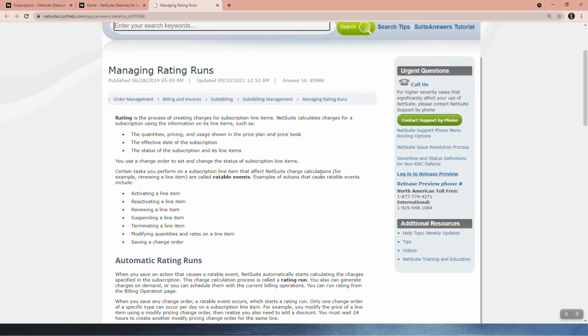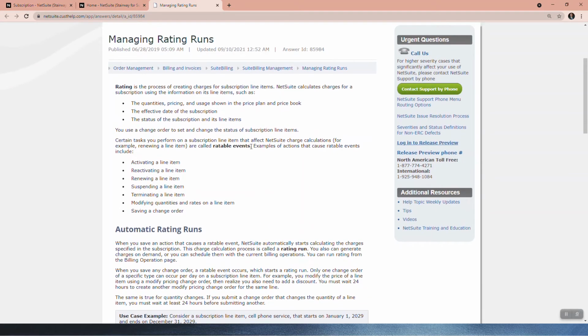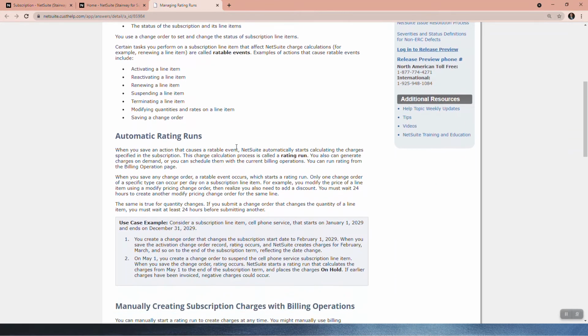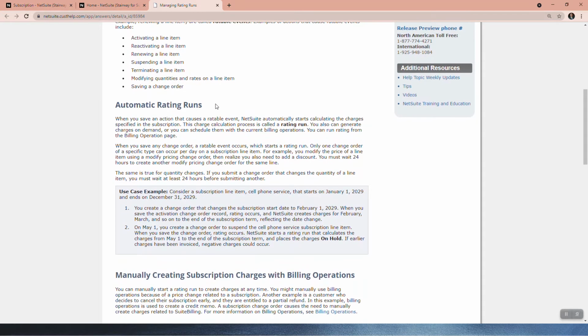Examples of actions that cause raidable events include activating a line, reactivating, renewing, suspending, terminating, modifying, saving. All right. Now, so really important to remember, because when you execute a raidable event, there's going